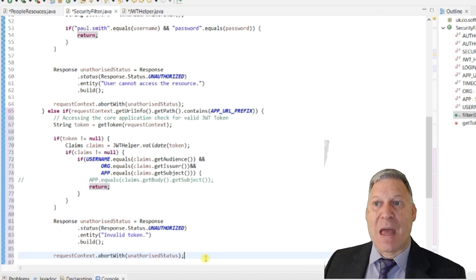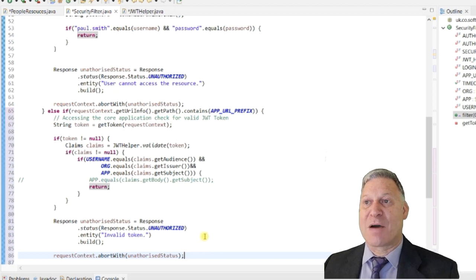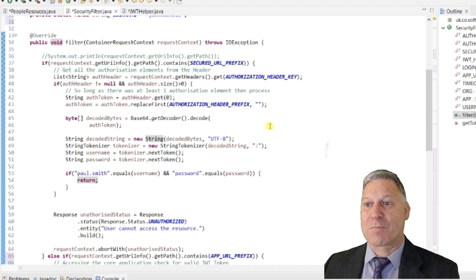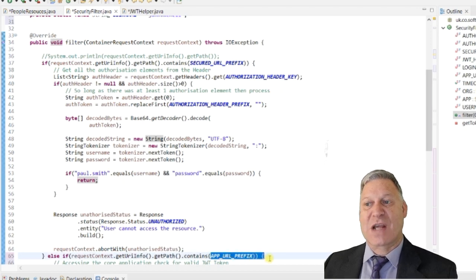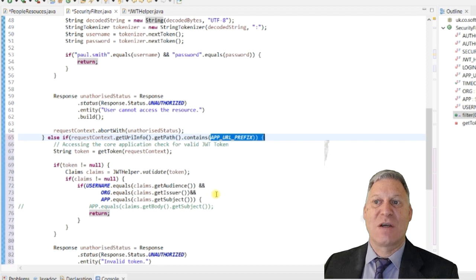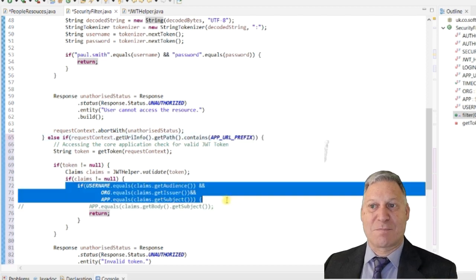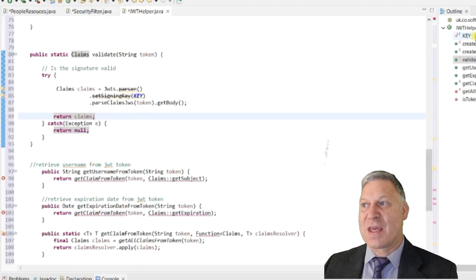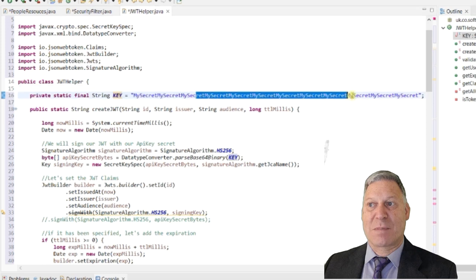So any API endpoint now that we call that has app in the name is going to have to provide a JSON Web Token, and that JSON Web Token is going to have to match these details and have to be encoded with the key that we put up here. Okay,